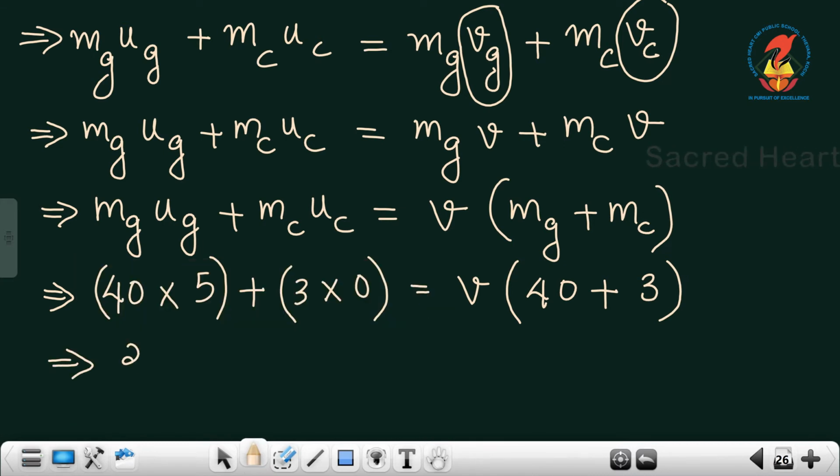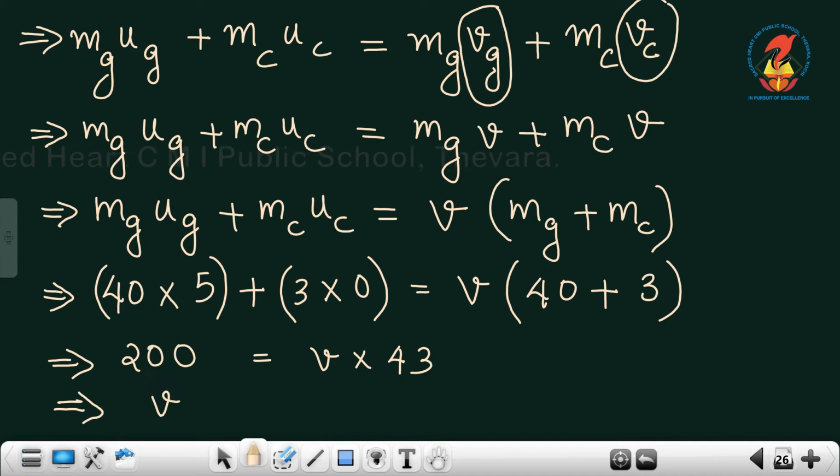Now 40 into 5 is 200, plus 3 into 0 is 0. 3 into 0 is 0. So 200 plus 0 is equal to V into 43. Now to solve, V is